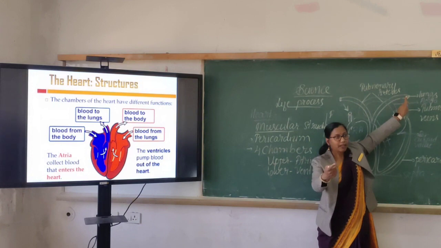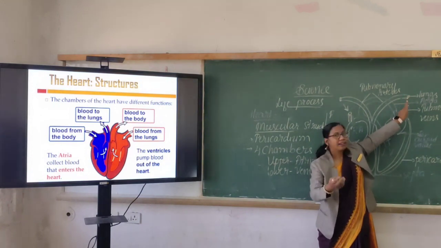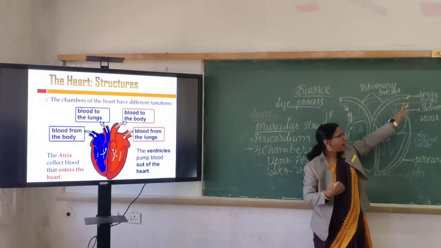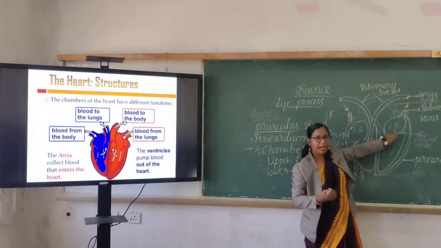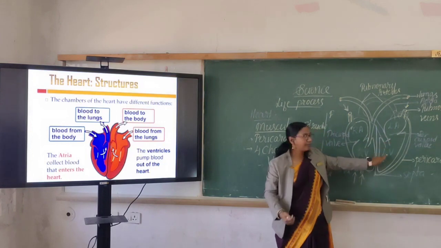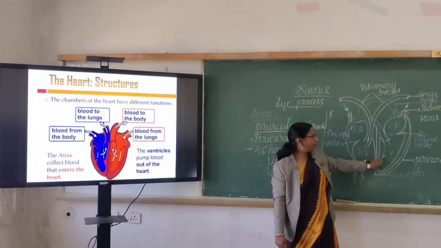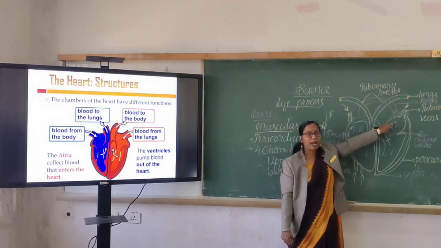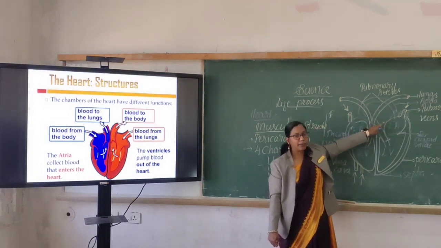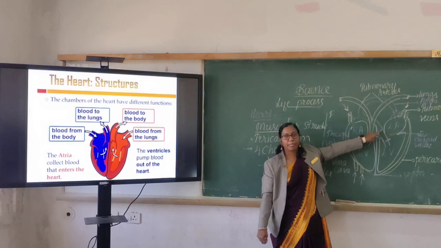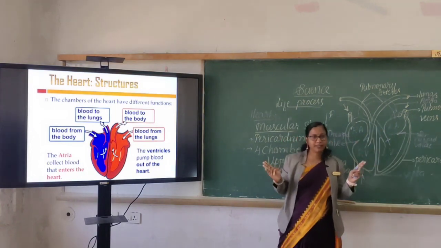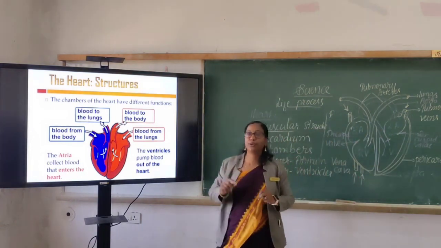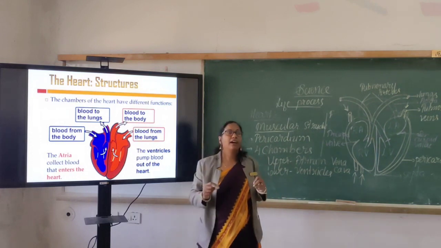Blood goes to the lungs, takes back oxygen, and comes back to the left atrium. From the left atrium, it moves to the left ventricle. From the left ventricle, it goes to the biggest blood vessel called the aorta. And from the aorta, it becomes further branched into smaller blood vessels called